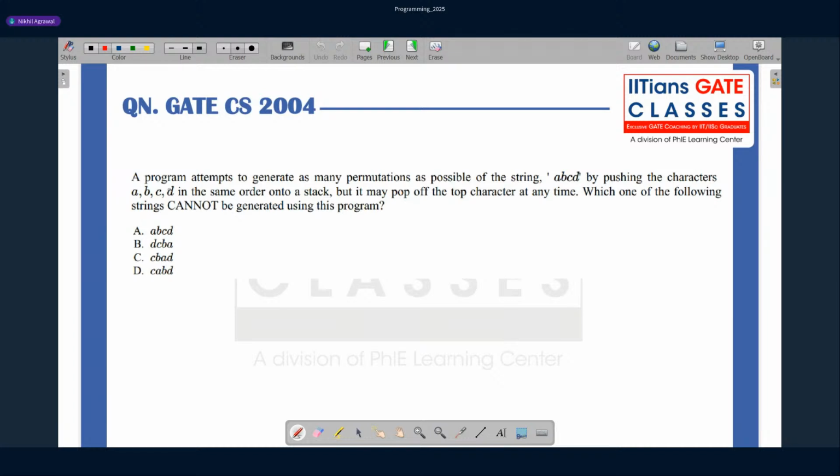As mentioned in the question, in the stack we are pushing in the same order A, B, C, D, but pop can happen anytime. Like I inserted A, I can pop. Then I will insert B, then I will insert C, then I can pop. So anytime a pop operation can happen. Which of the following strings cannot be generated using this program? This is the question.